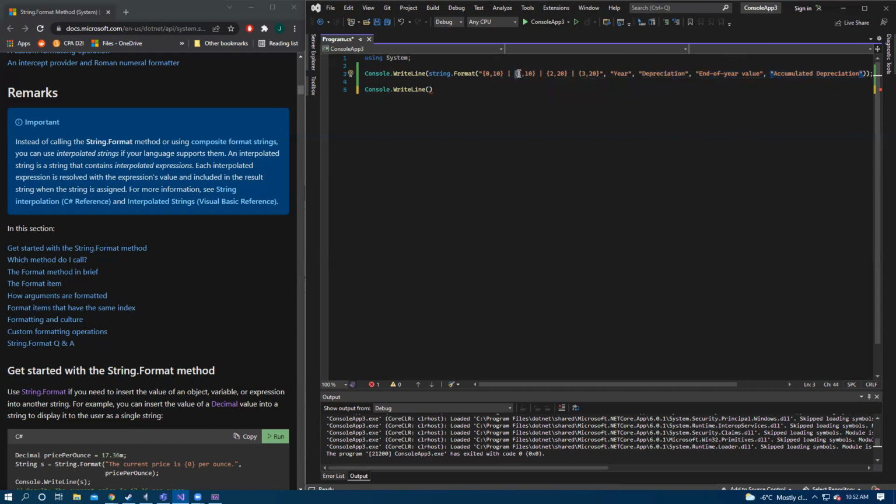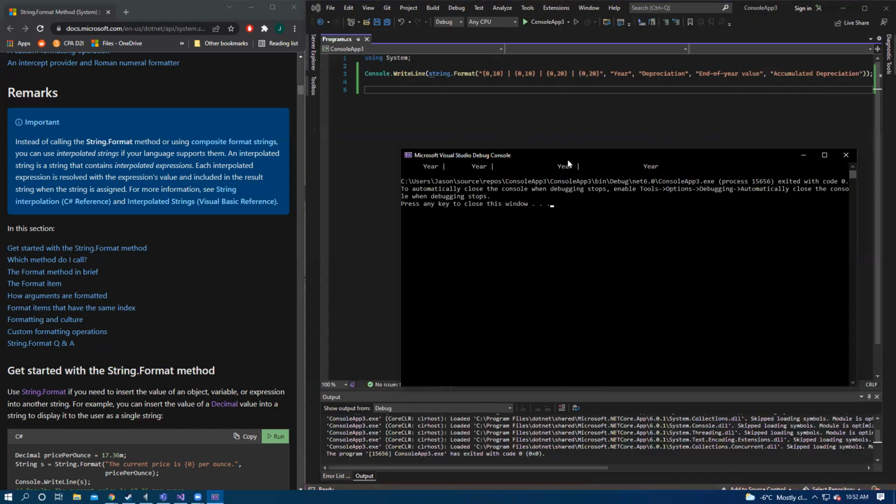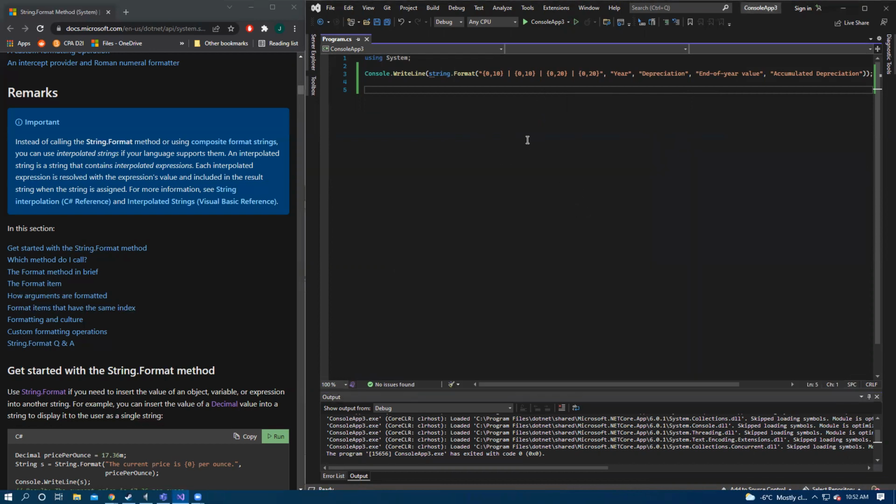So you could, if you wanted to, go 0, 0, 0. I'll delete this for now. I didn't try it. You can, and this should print out year, year. Exactly. This was my problem, because I couldn't figure out what the first number is. I could solve it by changing the first numbers, 0, 1, 2, 3. Yeah.